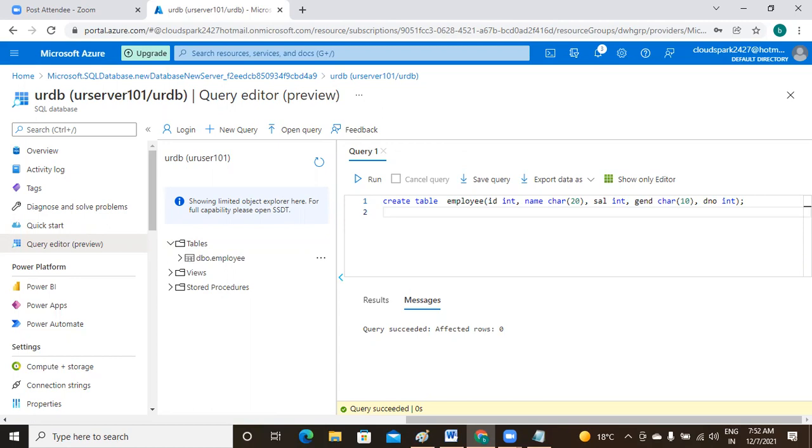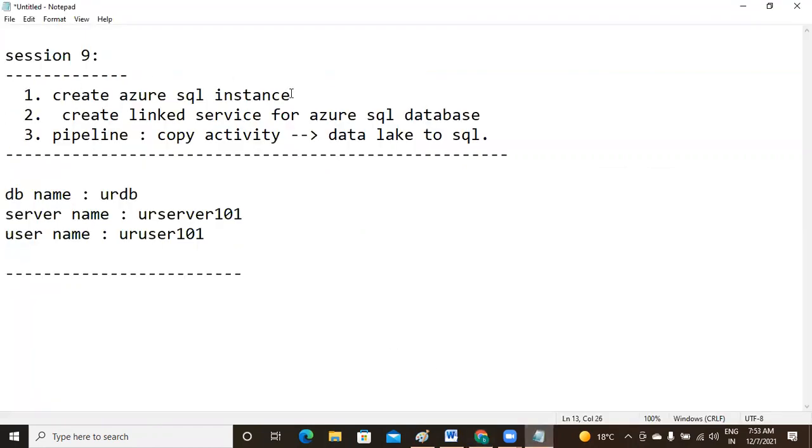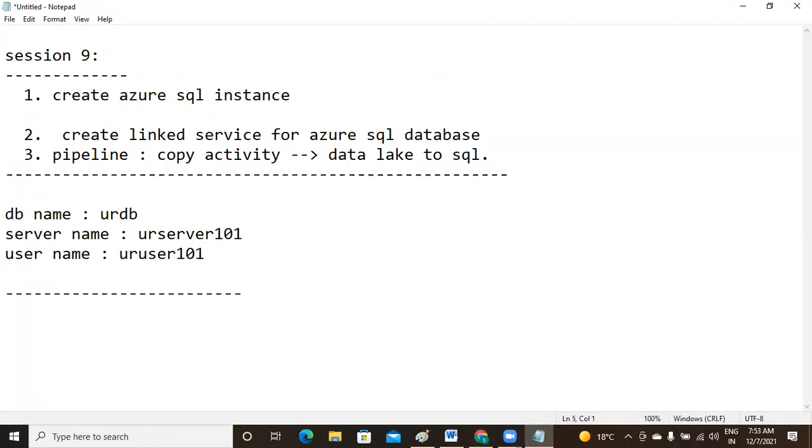Normal SQL you know already. Same query you have applied. But in Azure SQL style, that is the cloud, the user interface will look like this. Remaining as usual. Okay. Now till now we have done two things. We created a SQL instance. After that, added a client IP to firewall settings.